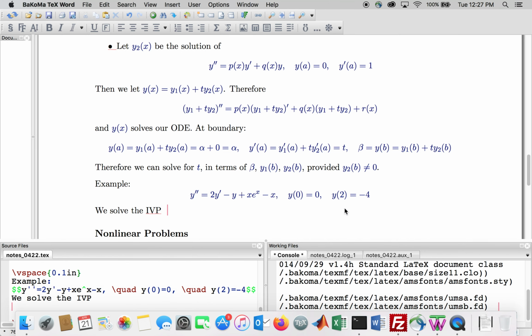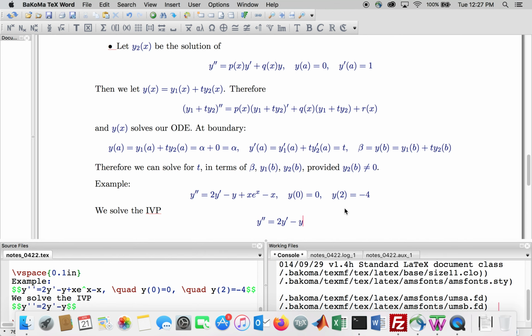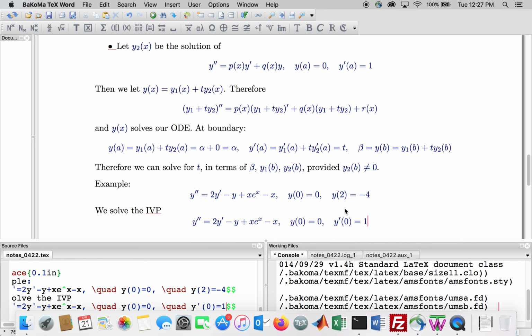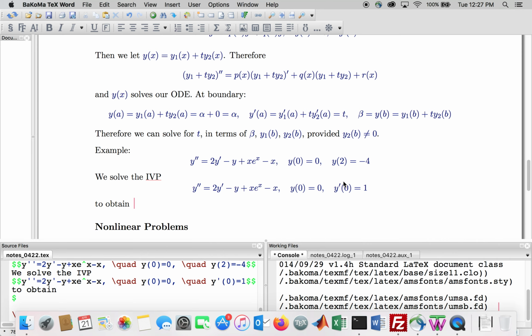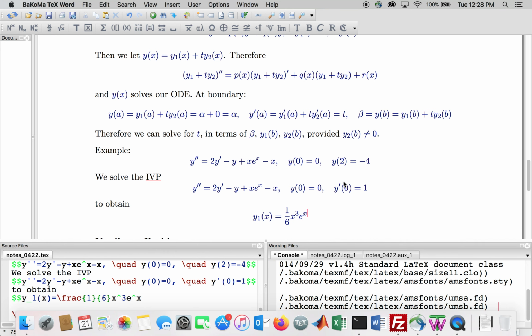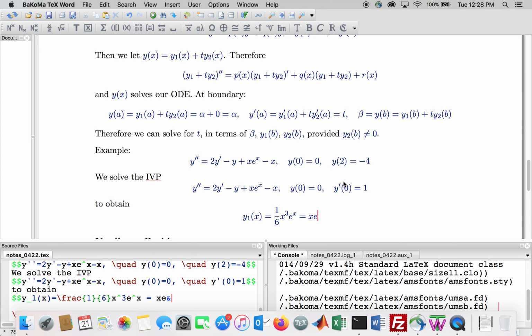So first we solve the initial value problem. Same ODE, with boundary conditions y of 0 equals 0, y prime of 0 equals 1. And this is an ODE that can be solved analytically. I'll just type out what the solution is. So y1 of x turns out to be 1/6 x cubed e to the x minus x e to the x plus 2 e to the x